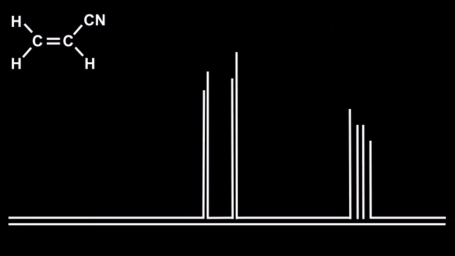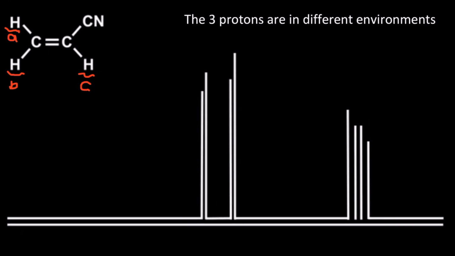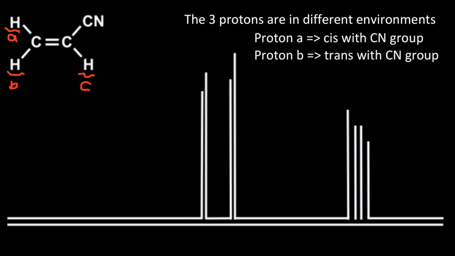More complex splitting patterns can be observed. Taking this NMR spectrum as an example, the proton we label as Ha is adjacent to non-equivalent Hb on one side and Hc on the other. As seen in the diagram, the 3 protons present are in different environments, as Ha is cis to the cyanide group, while Hb is trans to the cyanide group, where the difference in proximity to the cyanide group affects their